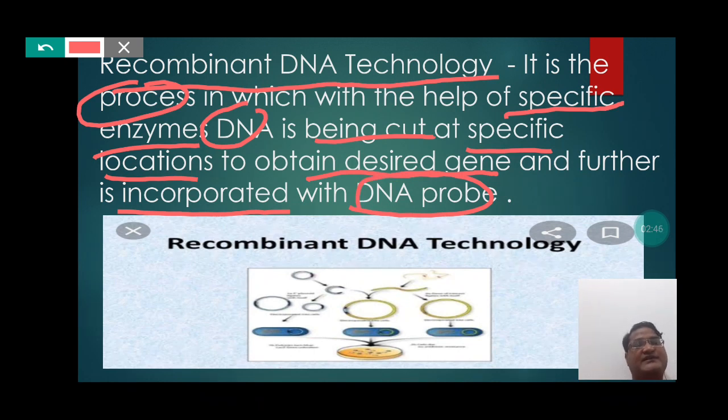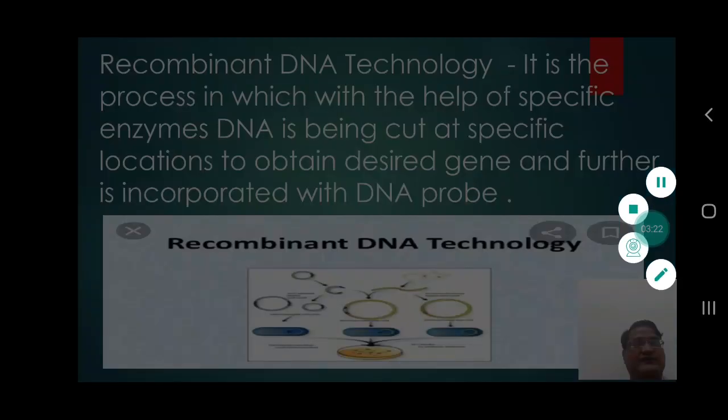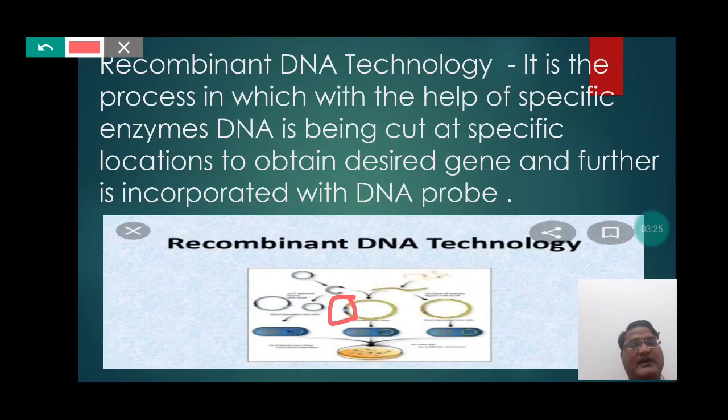So students, let's understand the concept of recombinant DNA technology with the help of this picture. Here we can notice that a specific gene has been obtained from a particular bacteria and needs to be incorporated into the plasmid of a bacteria. We can easily notice in this picture that the specific gene has been added in the plasmid of the bacteria.